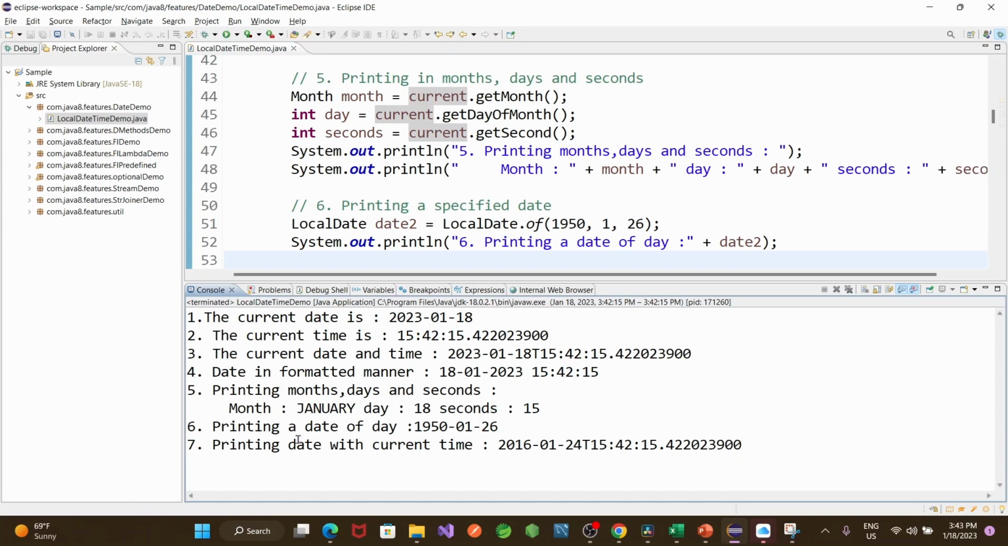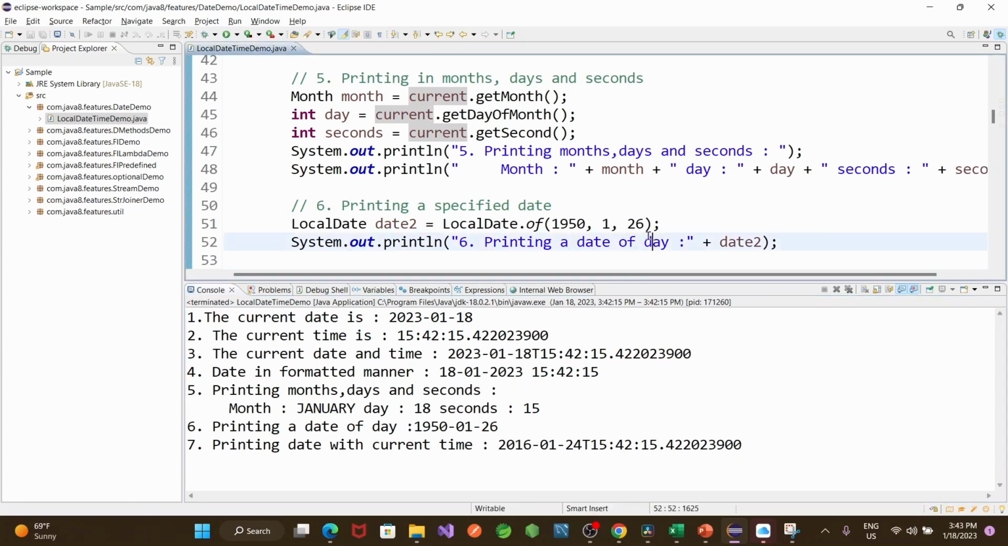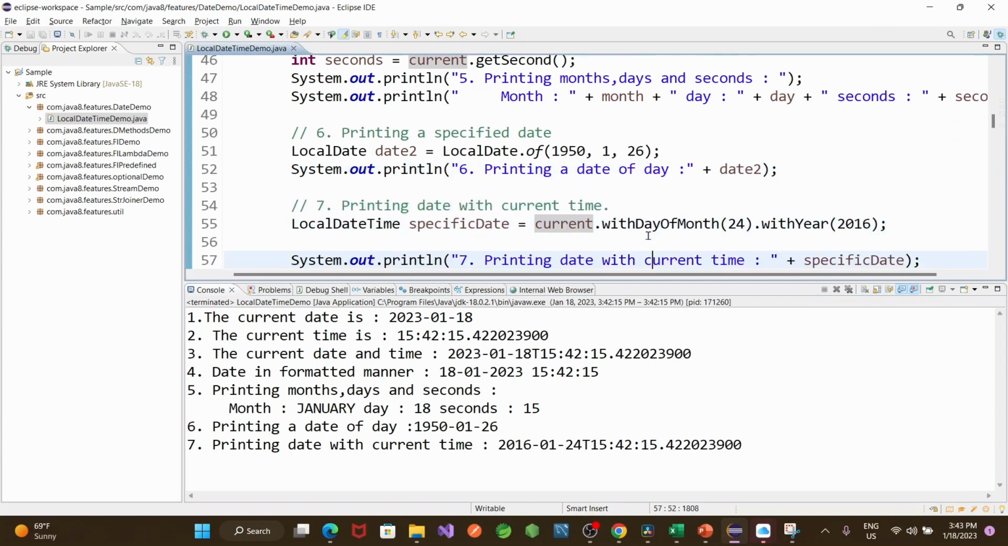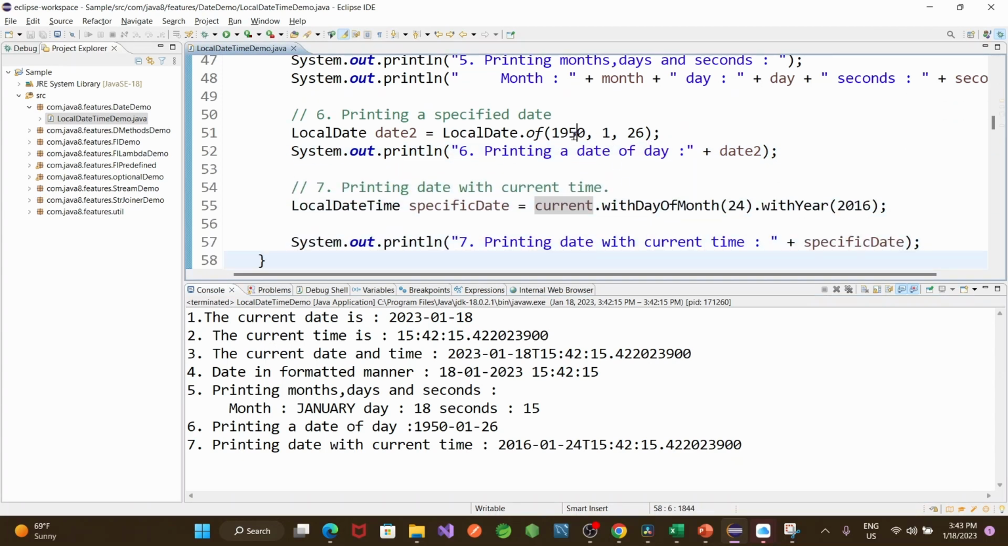And printing a date of a day. As I mentioned, you can just mention the year, month, and date if you remember, and you can get a date object out of it. So I gave 1951-26, and I got the same date object for this. And